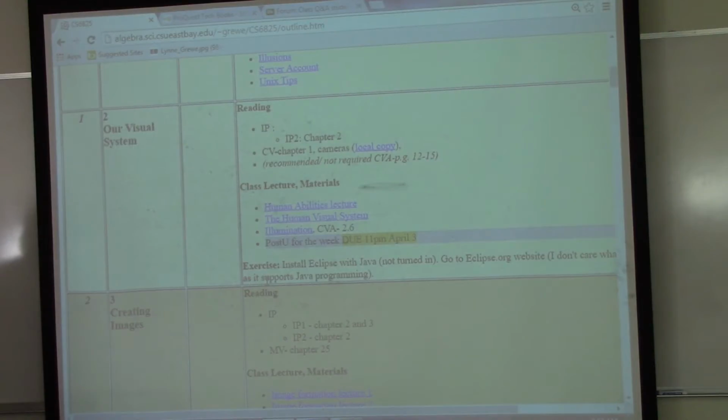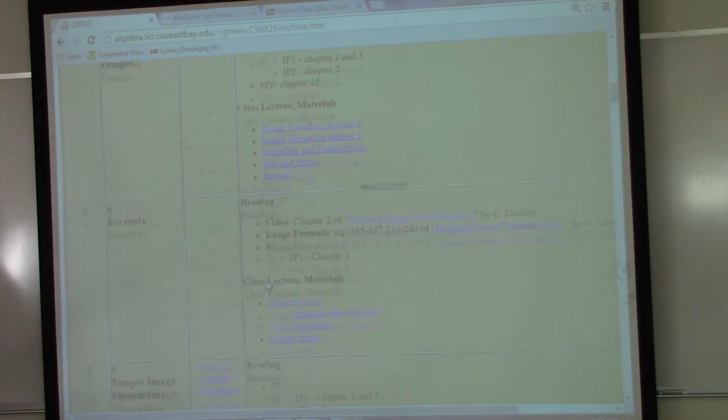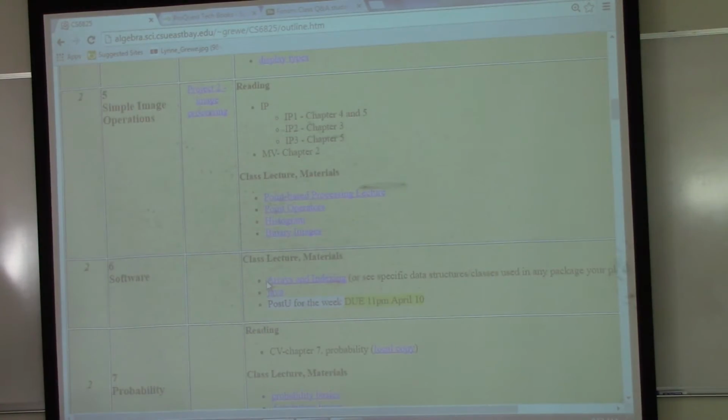So our course kind of reflects that, starting with the low level, how images are created. This is the topic of Module 2. We start talking about simple image operations, which is leading into middle level vision. Now, depending on what the purpose of your application is, it might be for gaming. It might be you want to clean up images. Maybe you have a heads-up display. You're a pilot, they're flying through the fog, and you want to clean up and sharpen the images. You might only be doing low-level vision. You may never be doing mid-level or high-level vision. So depending on what your purpose is, you're going to do different things.